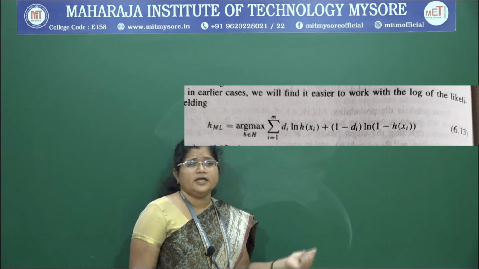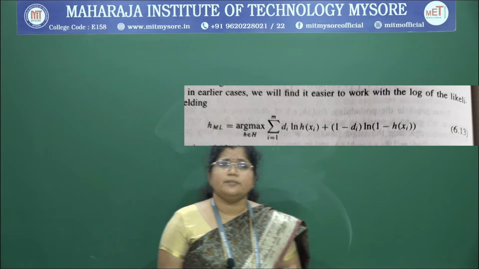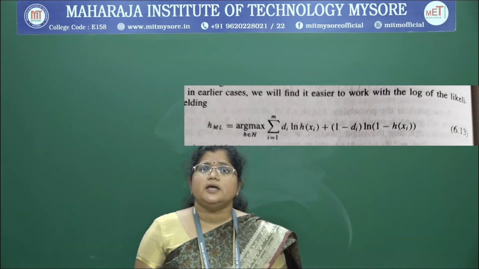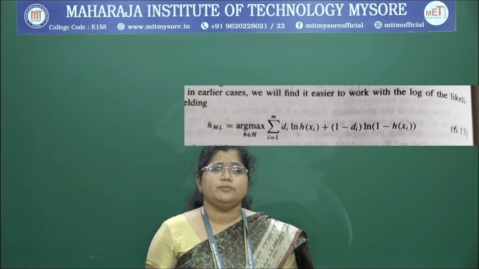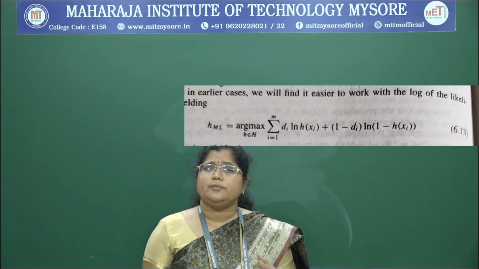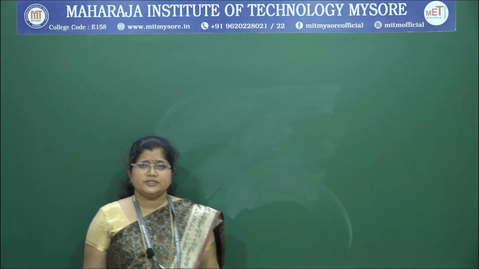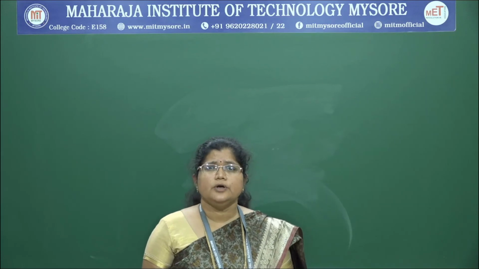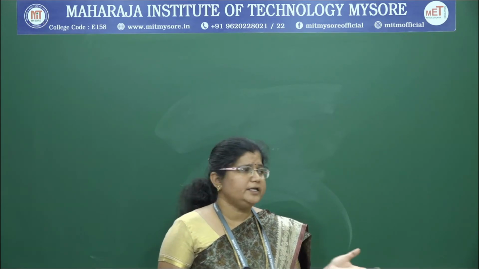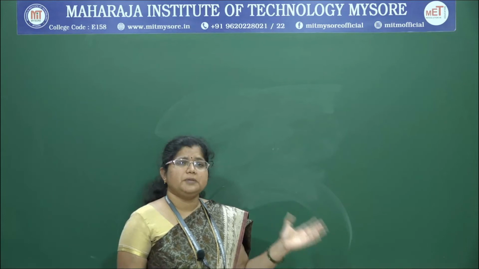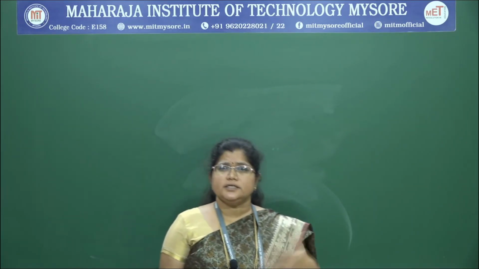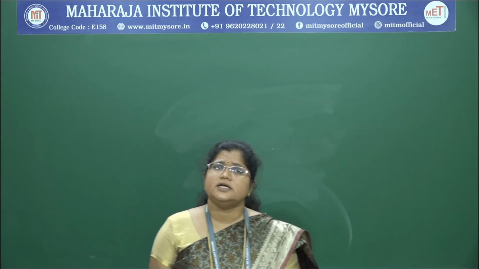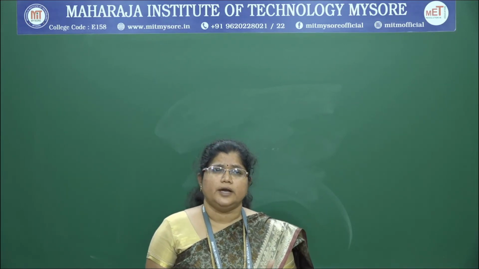So, this is the equation that is going to describe the quantity that must be maximized in order to obtain the maximum likelihood hypothesis in our current problem setting. So far we have seen how we can maximize the likelihood for the neural network by deriving the f dash for that particular f dash. Now we can also apply a gradient descent search to maximize the likelihood in a neural net.